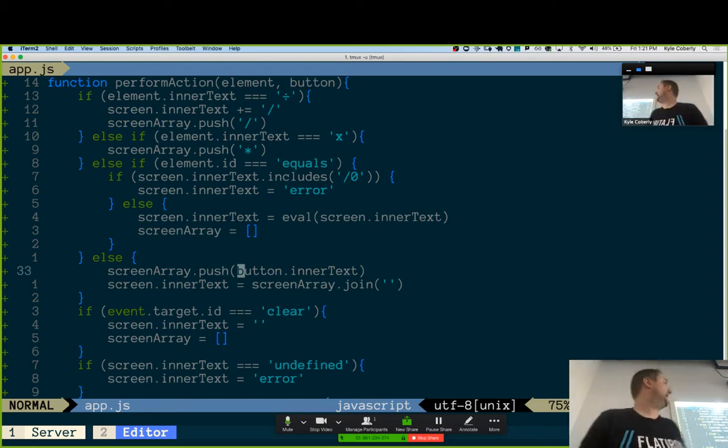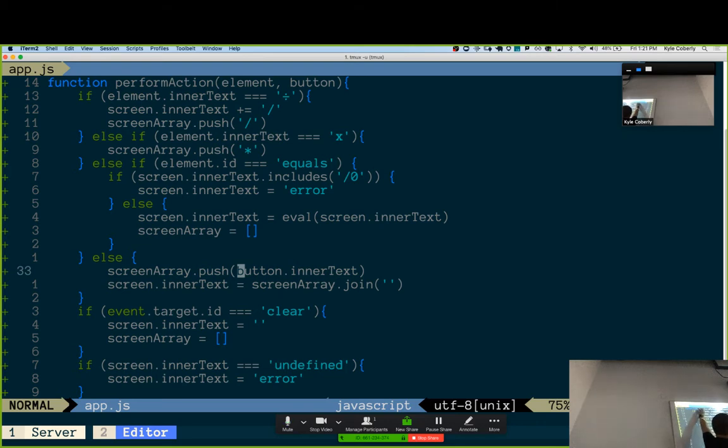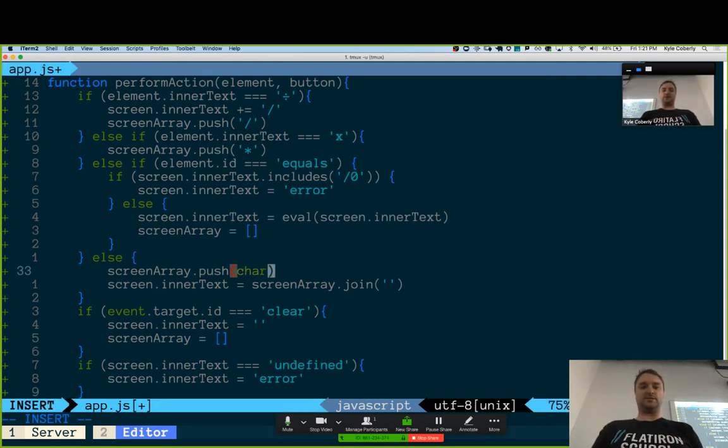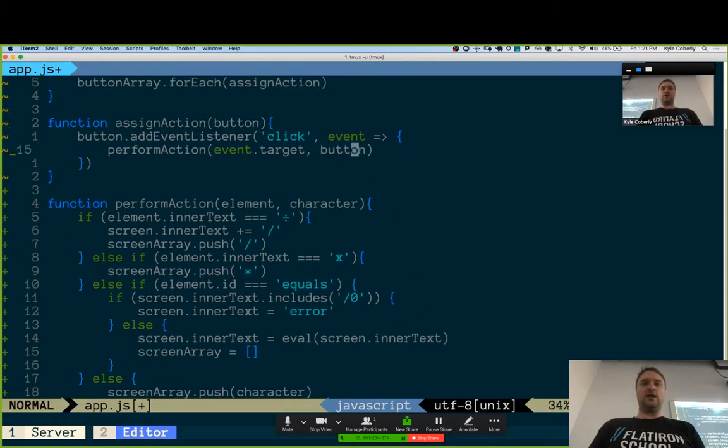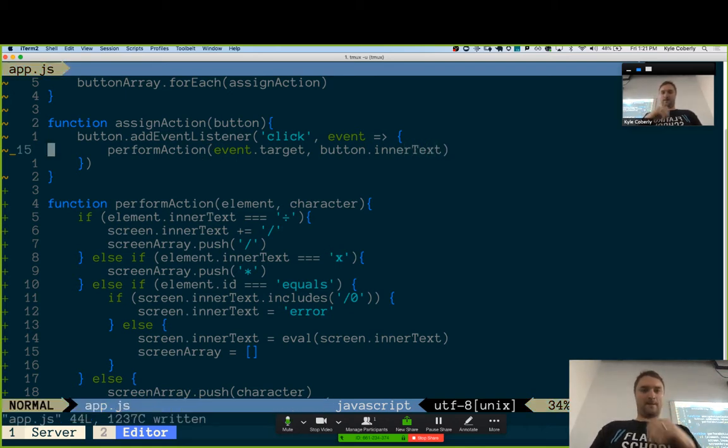Think about what's happening in this function. Performing an action. This is the only time button gets used. And all we care about is its content. So how about we just pass in the content instead of the entire button? So I'm going to say, instead of button inner text, let's call that character. Character. And then we'll make that button inner text. And then the best part of that,